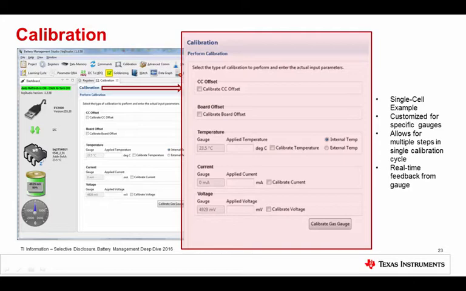It's showing you in real time the status of the gauge. So it's showing you what the gauge sees as temp, voltage, current, and so on. And then you simply indicate your calibrated, fixed, known, good, current, voltage, temperature number. Check that you want to calibrate, which entries you want to calibrate, and hit calibrate, and it goes off in the process of doing that.